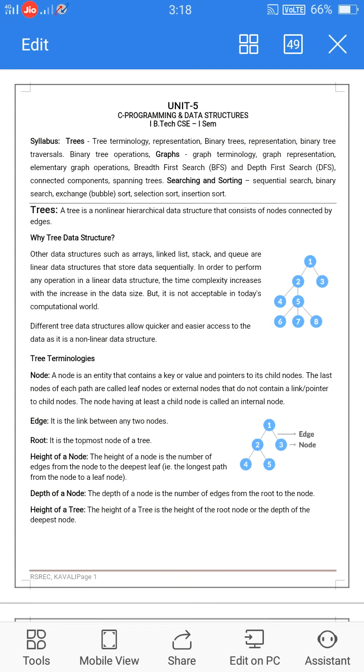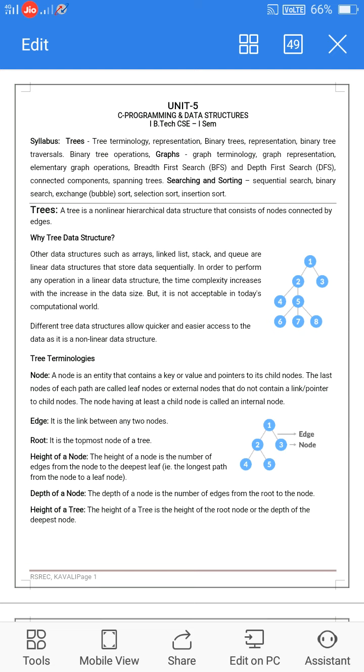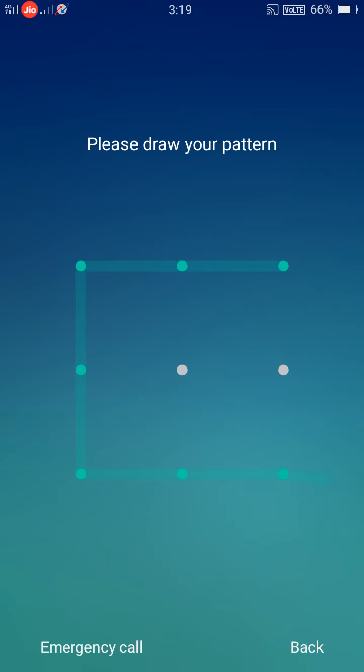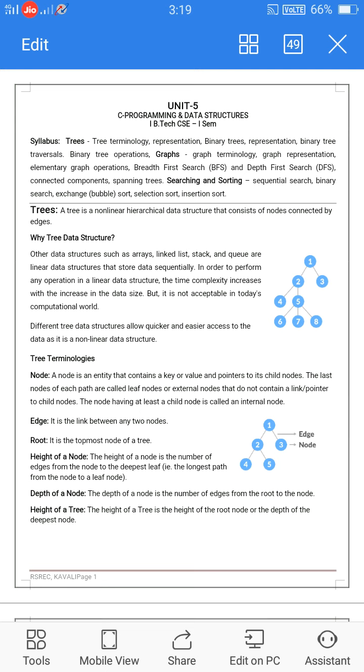The main purpose of this data structure is that the tree is stored in a non-linear structure, so the structure can grow based on the size of the data. If there is a smaller number of elements, the structure is smaller. Similarly, if there are more elements, we can increase the structure. So based on the number of elements, the structure will be decided. That is the main importance.